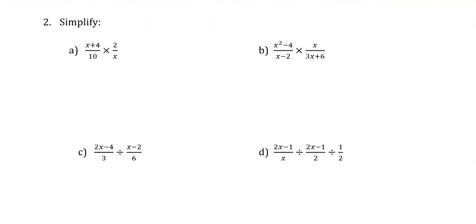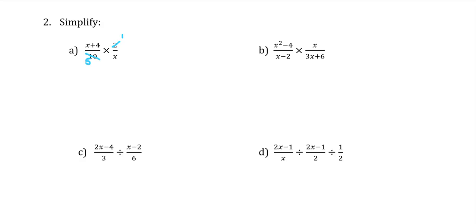Okay, moving on to some slightly harder ones. Question 2, we are starting by multiplying some fractions together. So I cannot cancel this x with this x while there is an addition in there. So delete that because we can't do that type of cancelling. That doesn't work. But I can cancel the 10 with the 2. So dividing by 2, I would get a 5 here, which will cancel that 2 off or down to a